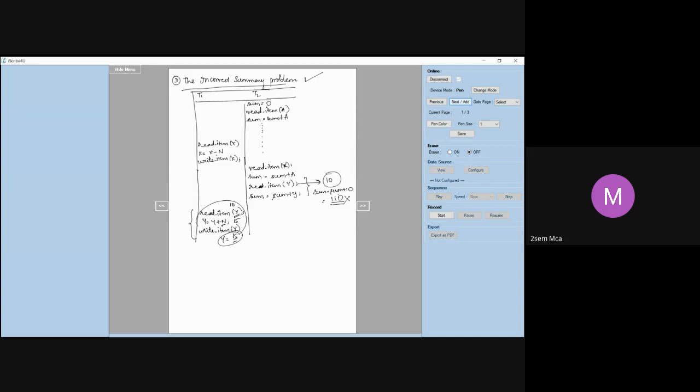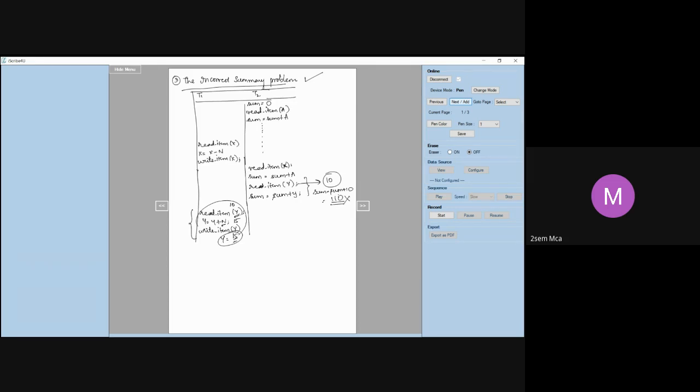Any doubts, any questions? You are not able to follow this part? Ma'am, can you please repeat this again? Okay. See, I'm talking of one of the problems. Incorrect summary problem means, let us say we have two transactions. One transaction is calculating the summary, another transaction is still updating some values. Unless the updates are over, if you are going to take the summary, obviously the summary is going to be wrong. That is the whole point about this particular example.